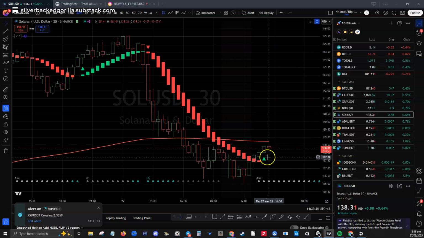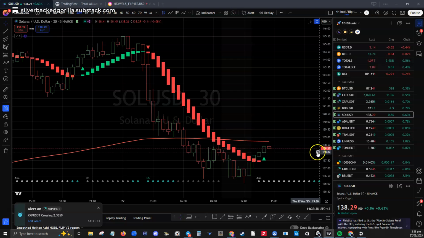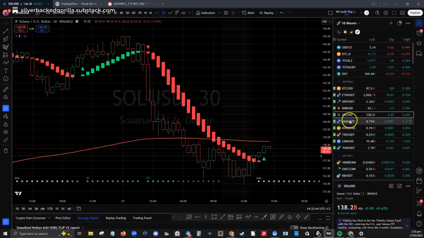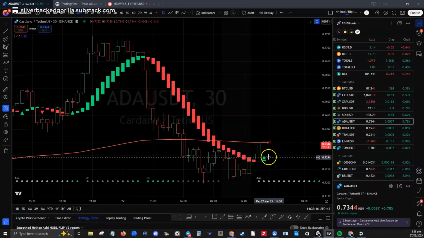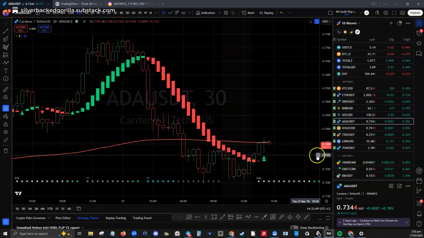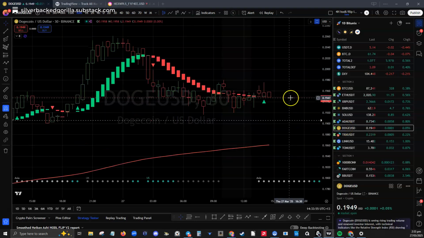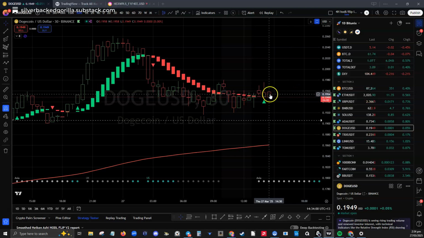You know what? While I'm here, I'll just get onto this lower candle. I'll see if that comes back to there. I'll set this alarm just on here, and that'll be enough. I'll do the same thing with ADA. I want to see it come back to about there, and then I'll jump onto that. Doge. That's right on the line. I want to see a combination of candles here to see that this is breaking out, like an engulfing green candle, and I'll jump onto it then.